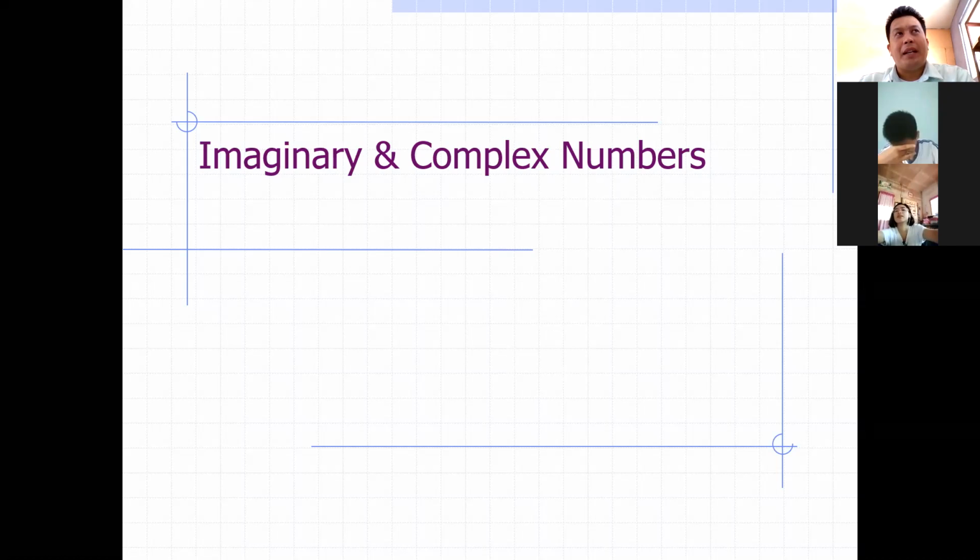If you recall the number theory, numbers are divided into two, real and unreal. Real numbers are those which we call fractions, integers, decimals, rational or irrational, whole numbers, counting numbers. They are real numbers. But those numbers which are not real, or shall we say unreal, are called imaginary numbers. And these numbers have the presence of the italicized symbol i.